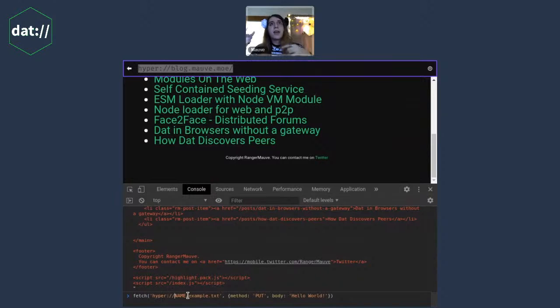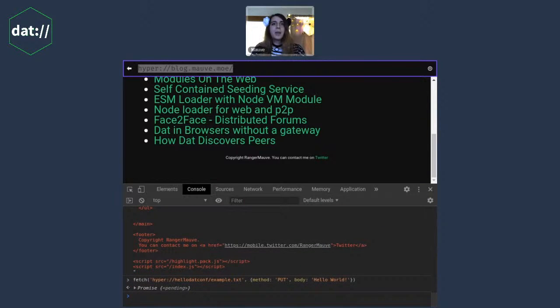Under the hood, Agregore uses the DAT SDK. And what that means is that there's this concept called named drives or named hypercores. So if I give a name that's not a hypercore key and that's not a DNS name, that gets used as a name for generating a new drive. So I can put any name here, like hello.conf, and then this will create a new drive. So when I post this, what happens is under the hood, or here,